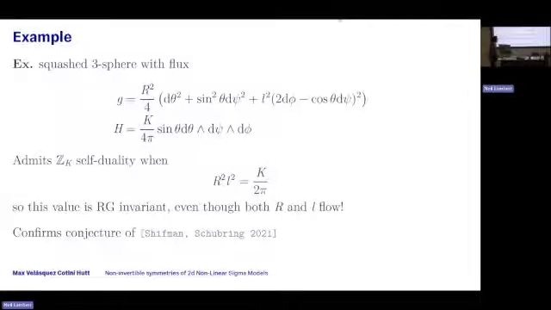So one should expect that that value is RG invariant. Even though both R and L flow, in particular, this model flows to the Wess-Zumino-Witten SU(2) at level k in the IR. Okay, so L flows to 1 and R squared flows to 1. In fact, this model had already been studied at two loops by Shipman and Schubring before, and just by staring at the form of the RG equations, they guessed that this constraint is fixed under RG and wondered why that would be so. The upshot is that there's a non-invertible symmetry preserving that value.